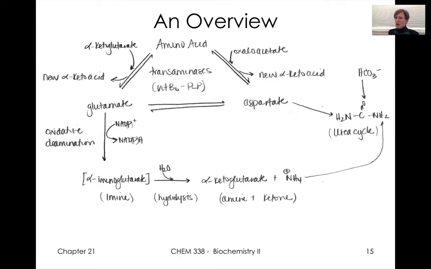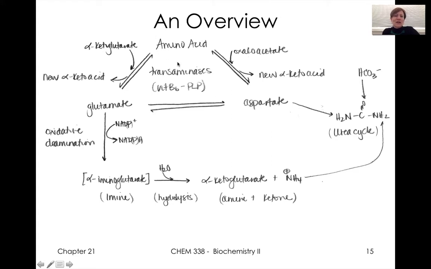All right, so not a lot to talk about in this second lecture on protein metabolism. We really are going to get into the details here of the metabolism of specific amino acids, of the alpha keto acid skeletons, how we dispose of nitrogen, so kind of getting into the urea cycle here. This is the last slide we ended with last time, and talking about some important chemistry that